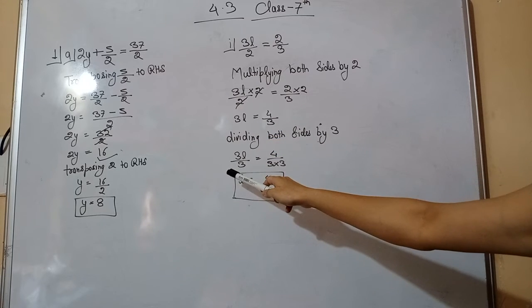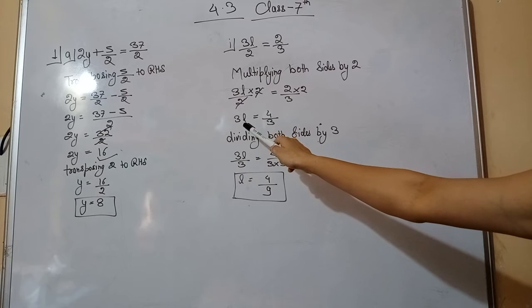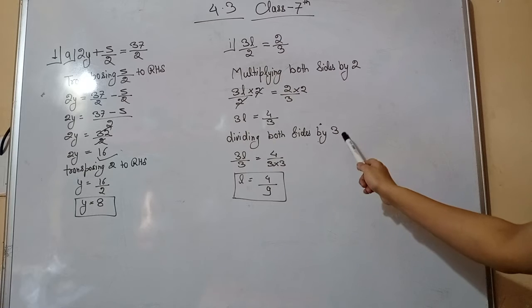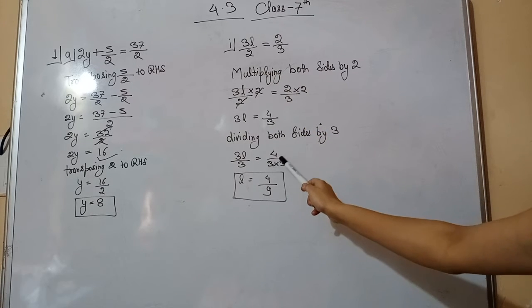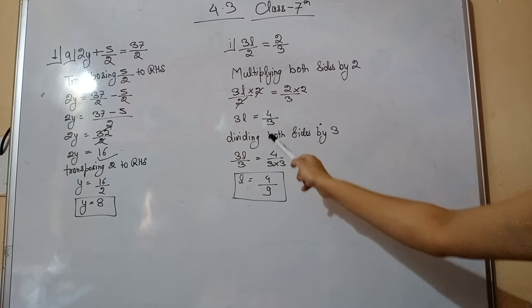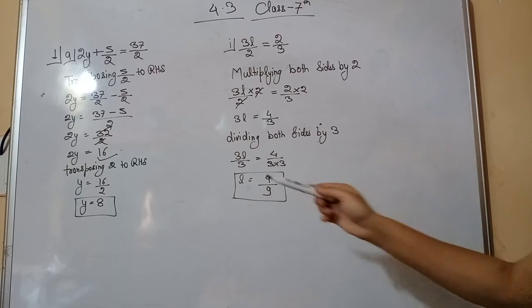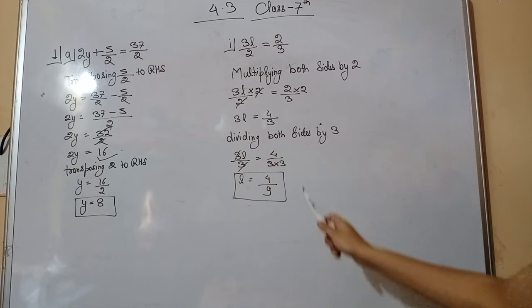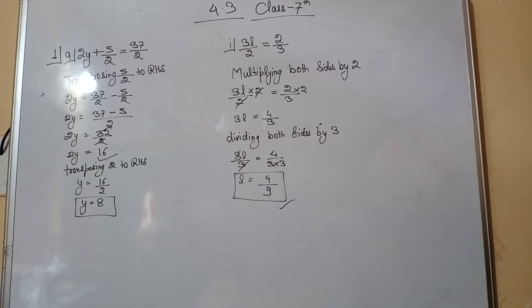So what is opposite of multiplication? That is divide. So the same number which is in multiplication, we will divide same number to both sides. So dividing both sides by 3. 3l divided by 3 and 4/3 is already there. So divided by 3 means 3 and 3 are in multiplication, so this 3 and 3 get cancelled out. See here, 3 and 3 get cancelled out. What is remaining left? 4 upon 3, 3s are 9. So what is the value of l? Value of l is 9. Okay.